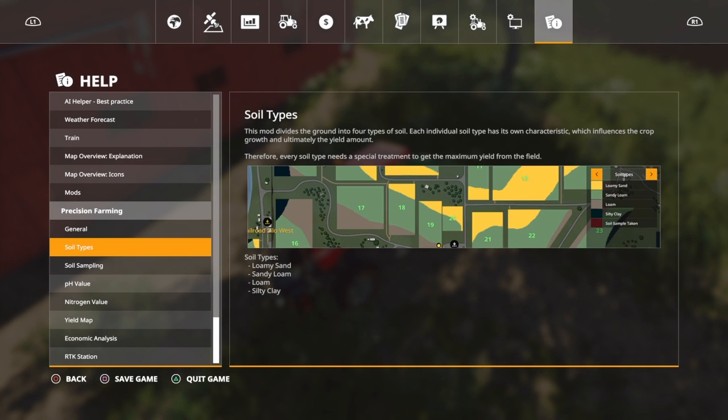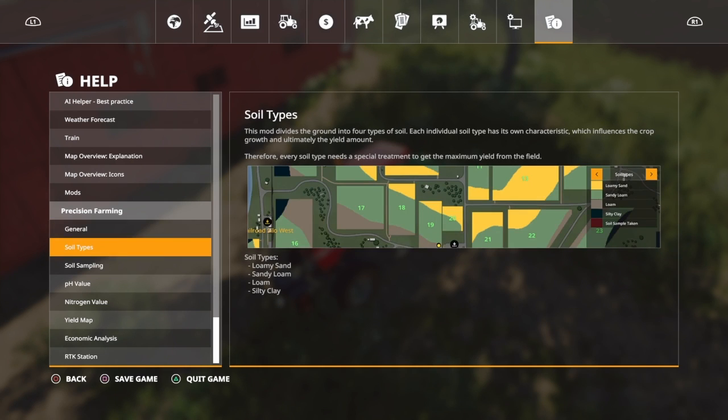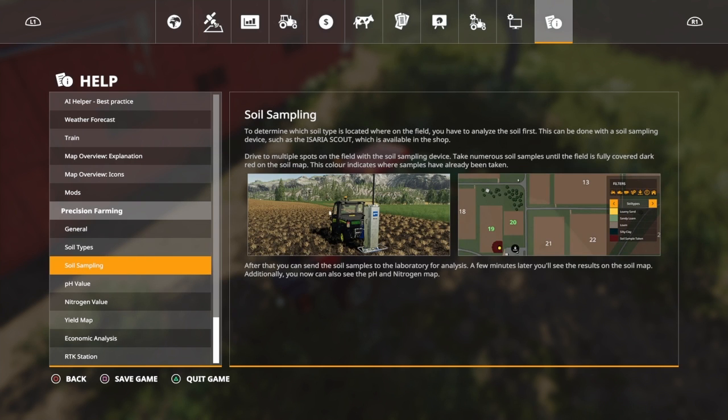So the first one, we got the general, which just tells you what's going on with it. Second one, we got the soil types. It says this mod divides the ground into 4 types of soil. Each individual soil type has its own characteristics, which influences the crop growth and ultimately the yield amount. Alright, and then here we have where it talks about the soil sampling, and then